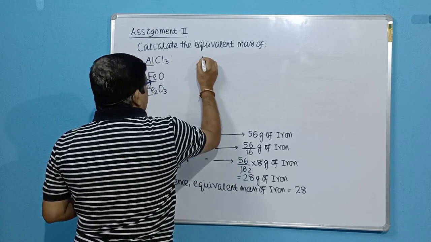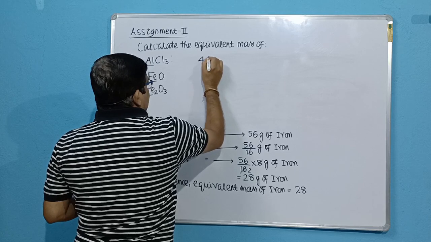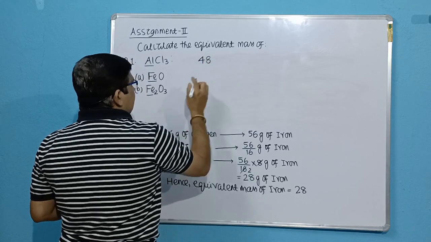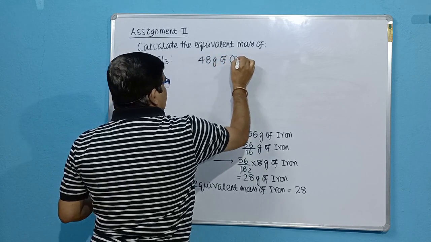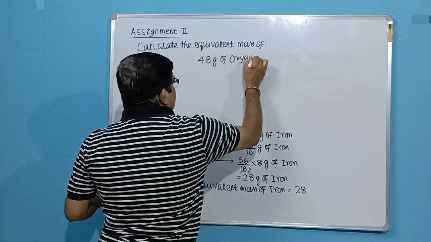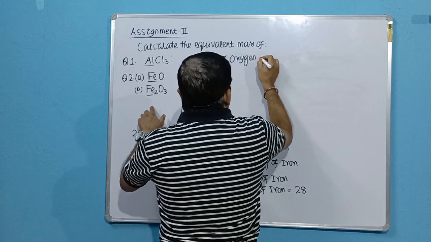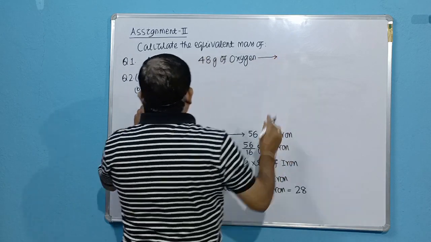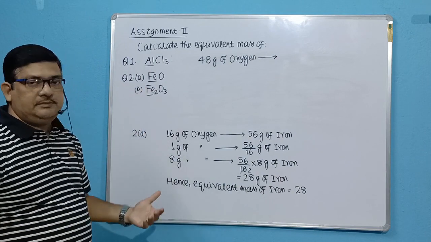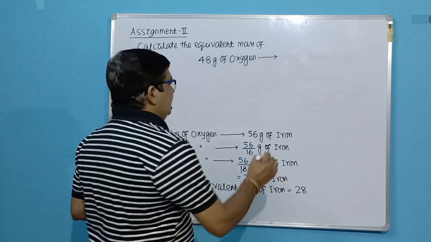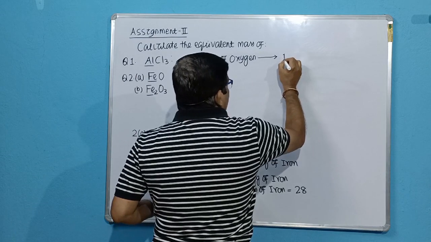That means the mass of oxygen is 48. So 16 into 3 is 48. So 48 gram of oxygen combines with how many? But 2 atoms of iron are there. Atomic mass of iron is 56. So 2 atoms means 56 into 2, that is 112